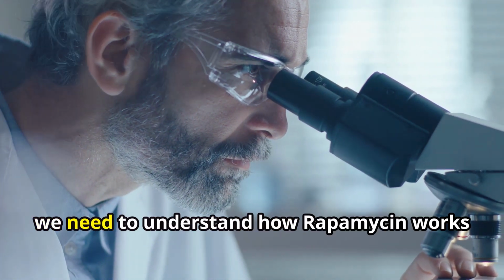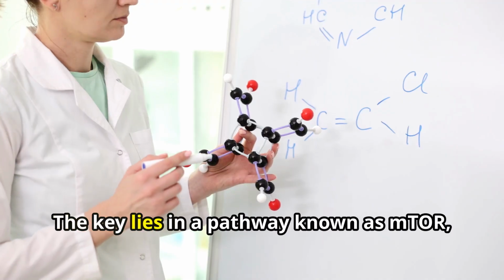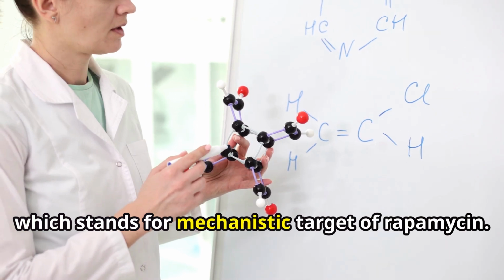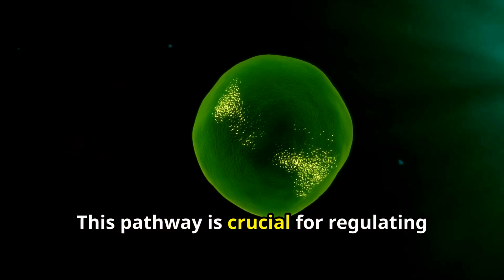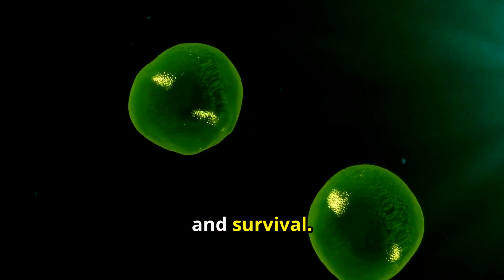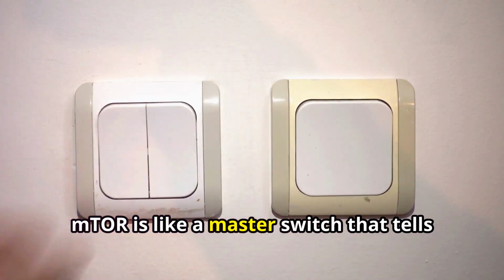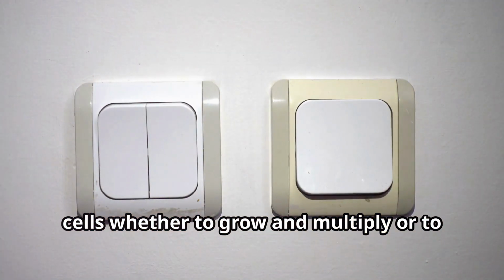To start, we need to understand how rapamycin works at a cellular level. The key lies in a pathway known as mTOR, which stands for Mechanistic Target of Rapamycin. This pathway is crucial for regulating cell growth, proliferation, and survival. In simple terms, mTOR is like a master switch that tells cells whether to grow and multiply or to slow